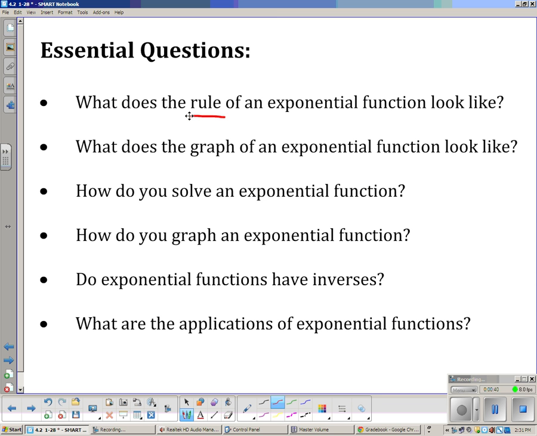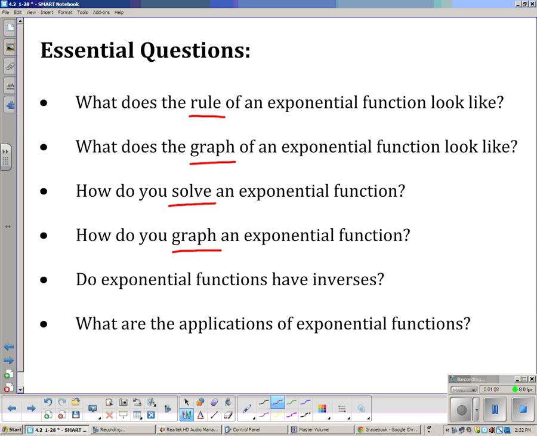The next essential question is, what would the graph of an exponential function look like? Again, this is just the general appearance of exponential functions. Third, we're going to talk about how to solve an exponential function. Fourth, we're going to actually figure out how to create the graph of an exponential function. So not just what it looks like, but how to actually draw the graph from a specific function that we're